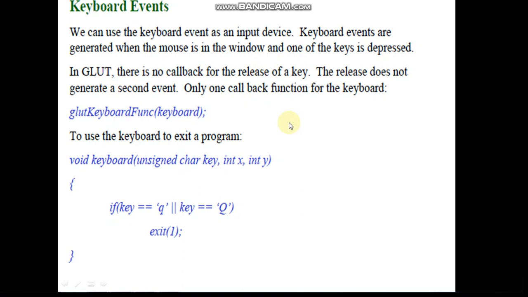Remember this. In the mouse we have a possibility to hold on the button, but in the keyboard it is not possible. That is giving a different meaning, isn't it? Pressing of a key is one total action, whereas with the mouse, button pressing is one action and releasing is another action, right? So glutKeyboardFunc is a registration function, and this is the way it has to be used.